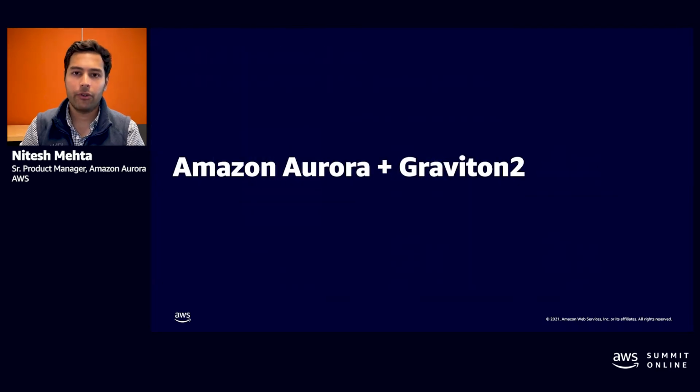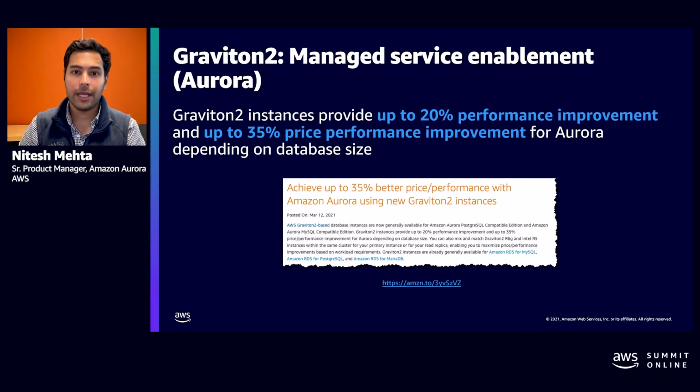So now let's put together the innovation that Amazon Aurora provides, specifically delivered as a fully managed service, and Graviton2 processors. The primary benefit of Graviton2 and Amazon Aurora is that you do not have to worry about performing any undifferentiated heavy lifting. We have provided Graviton2 instances for you. So it's a simple instance change operation. And when you change your instance from an Intel to a Graviton2 processor on Amazon Aurora, you're instantly getting 20% performance improvement and 35% price performance improvement. I do want to highlight the fact that it's 35% price performance.